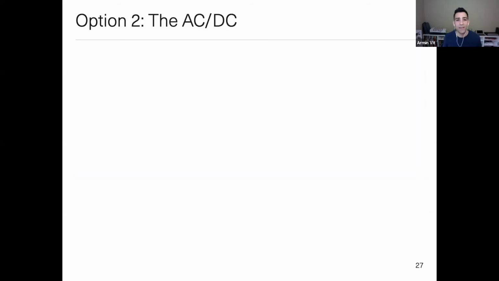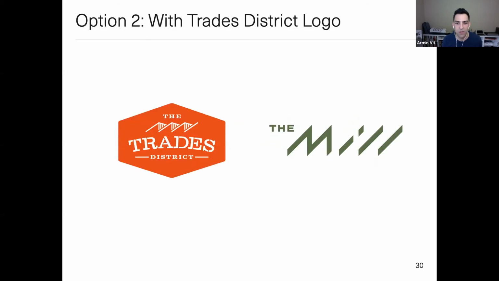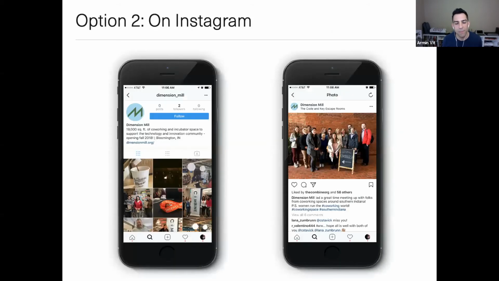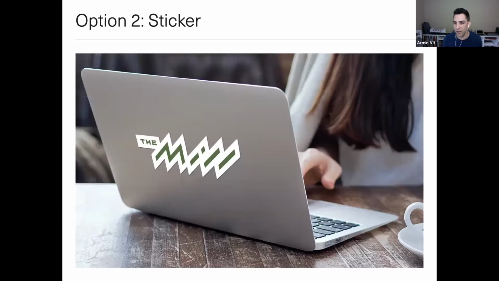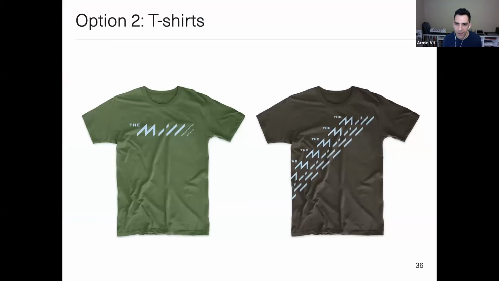The second one, this is the favorite name I have ever given a logo, which is the AC/DC, the one with the hard angles. It looks like heavy metal. I dig it. What color it could be, how it looks with that logo. You could just have the M as the social media icon, or the full thing, which is not as readable, but you could. As a sticker it would look pretty bitchin'. Especially with that one, I'd be like, oh yeah, this guy knows how to rock. T-shirts,